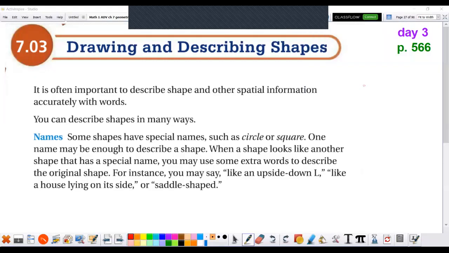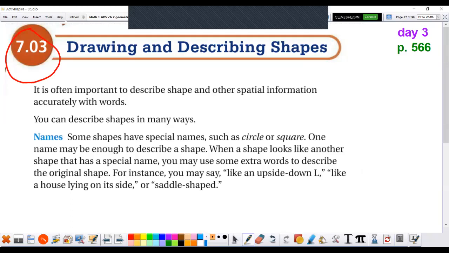Today, we're going to do day 3. And in the video, I'll tell you which question to submit so I can give you credit. Today, you're going to be looking at some shadows and also trying to follow and give directions. It's good to have someone around the house to help you out with doing this with a partner. All right, so welcome to day 3. And this is section